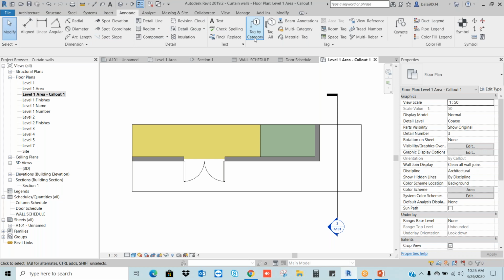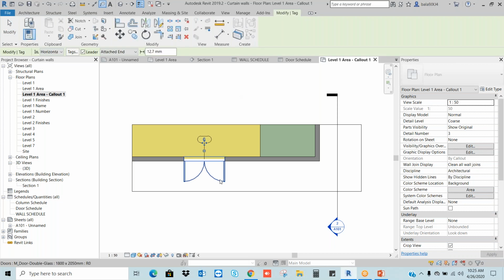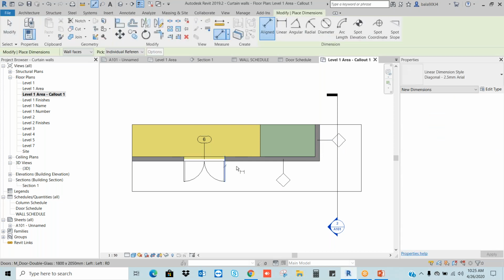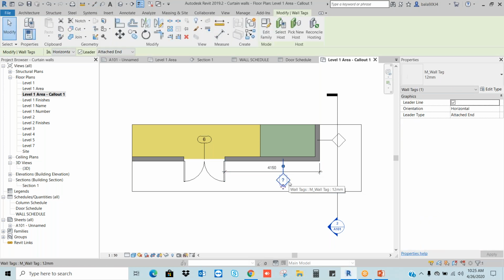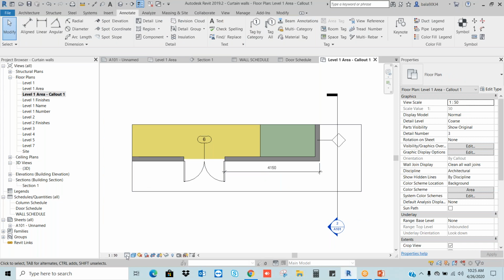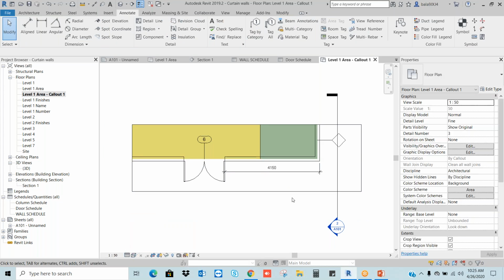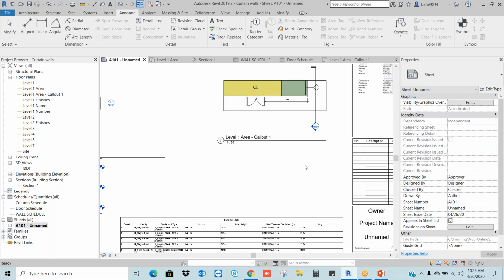Annotate, tag by category. Let's say I want to add the tag like this. For example, I want to add the dimensions. Okay, I want to show it a different way.